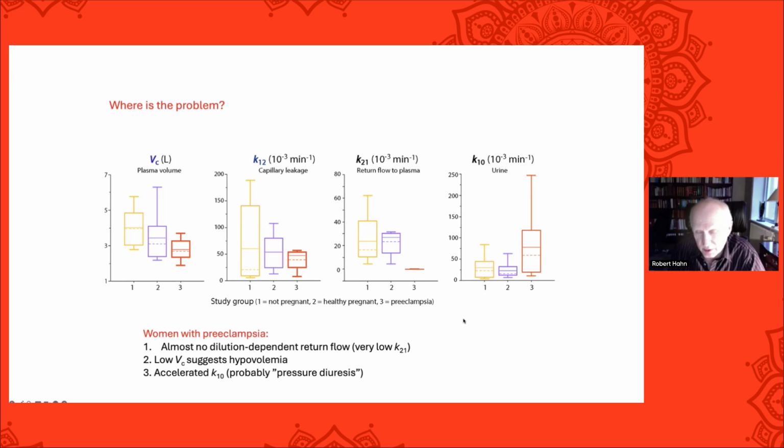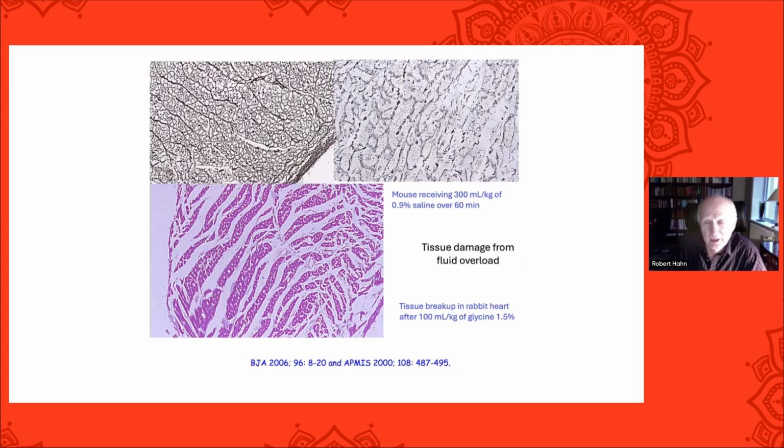So that's not the problem. Here's the issue we need to fight. So volume kinetics can identify the level of the problem, and then we can focus the attention on the correct pathophysiological mechanism. If we overhydrate patients, and I think this is particularly of interest in the intensive care, they